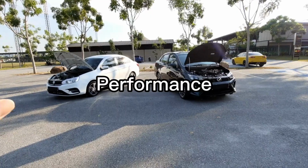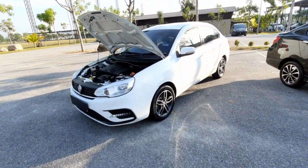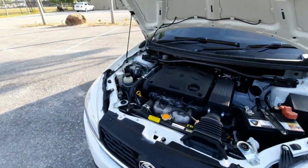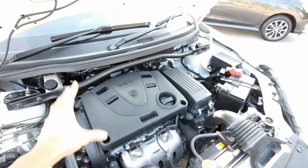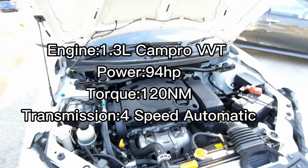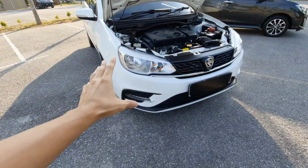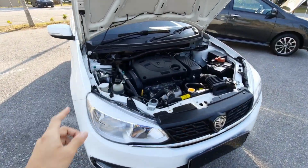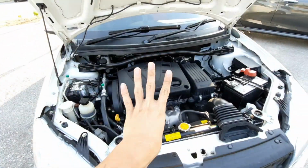Alright, now let's check out the performance of both of these A segment sedans in Malaysia. Let's start from the Saga first. The Saga uses the 1.3 liter Campro VVT engine, which produces 94 horsepower and 120 Newton meters of torque. For this newly 2019 facelifted model, it drops the previous CVT for a 4-speed automatic transmission sourced